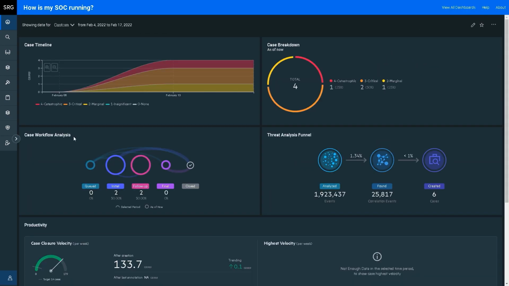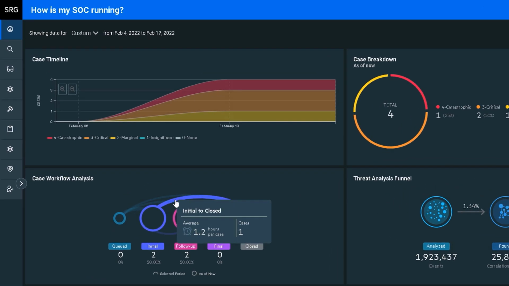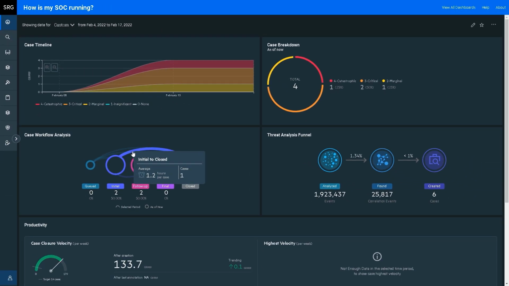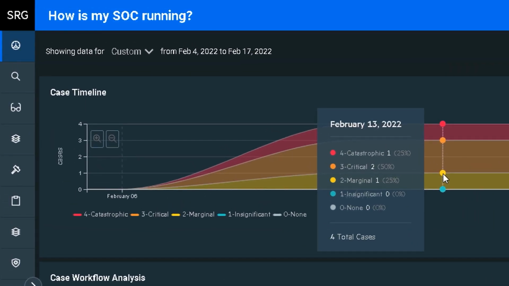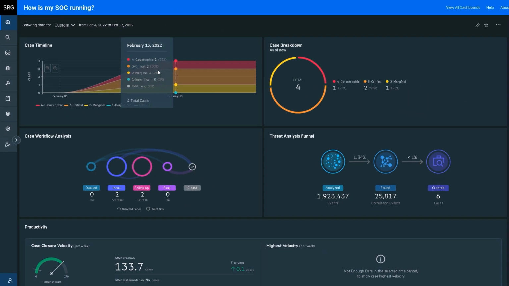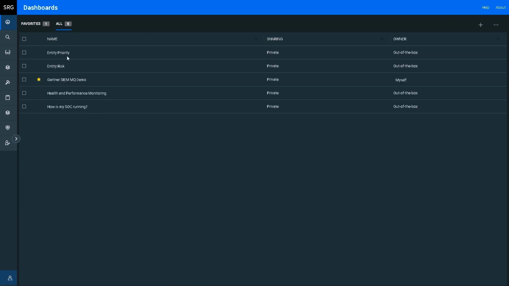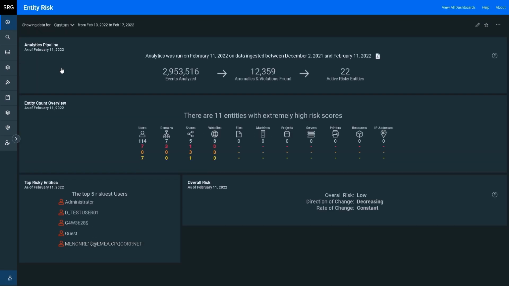How's my SOC running dashboard at the bottom catches my attention. As you may have guessed, this is built mainly for SOC managers. More than just eye candy, this dashboard informs the SOC manager how they can reduce their organization's exposure time by improving the detection and response times. Case timeline is interesting as it allows me to predict future SOC headcount requirements as my data capacity increases over